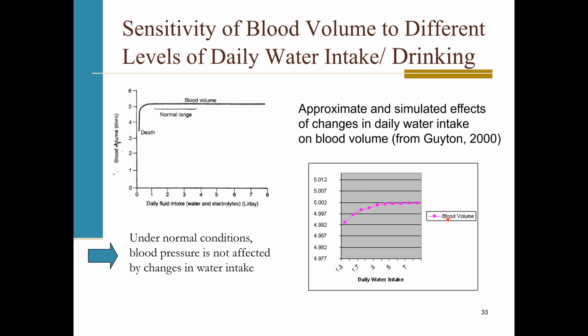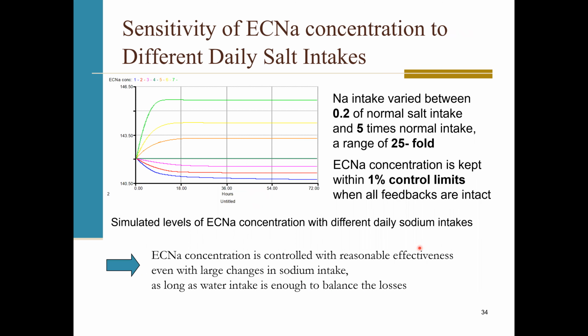Basically all the parameters come from medical literature. Blood volume stays almost constant under normal conditions. Neither the blood pressure nor the blood volume are much affected by changes in the daily intake. Maybe a more important question is what happens to your blood sodium concentration if you ingest too little or too much salt, right? If you vary your salt intake around 25-fold, like 5 times less than normal, 5 times more